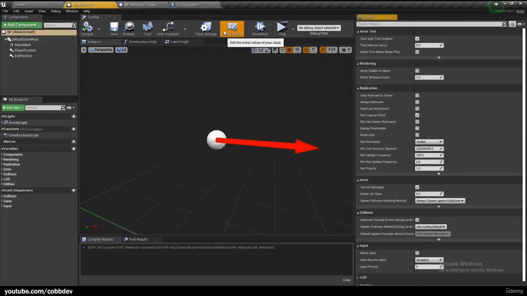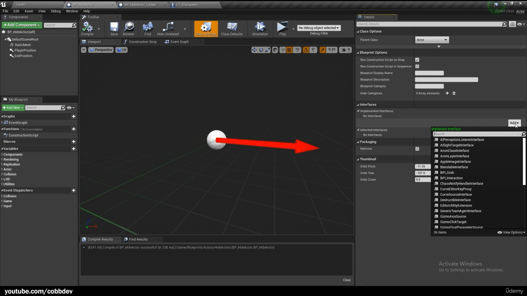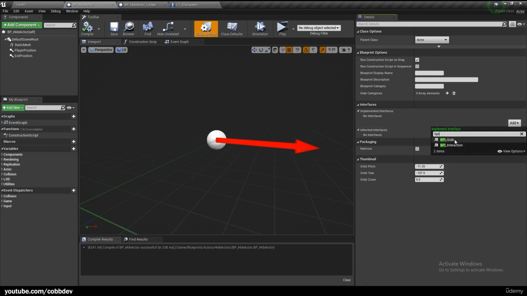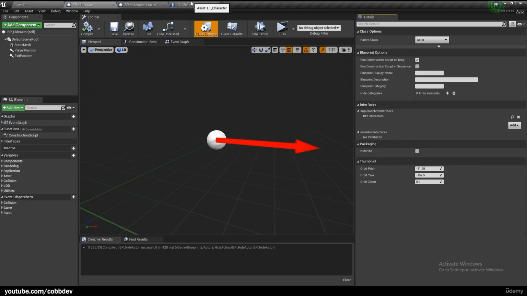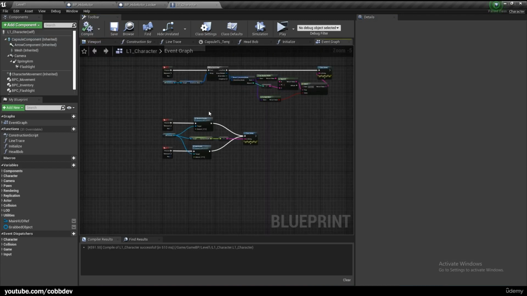So if we go to our class settings right here, implemented interface. Oh, we're doing this in the parent class, by the way, so every child class will have the same interface. We want to add BPI interaction. And now, if you remember, in our L1 character, which I'm just going to compile real quick, in our event